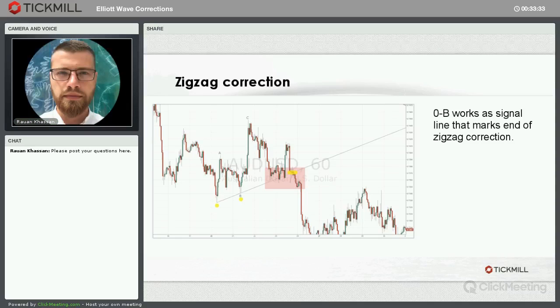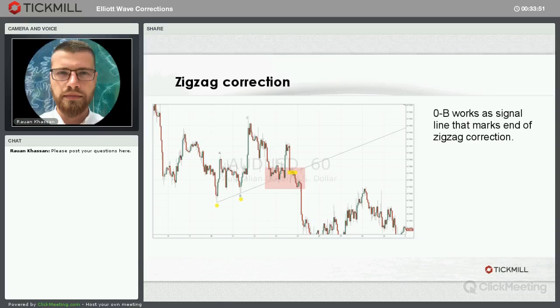So once this line is broken, you have got a rather clear indication: okay, this is not an impulse. So the impulse move is going into bearish direction, and I'm going to